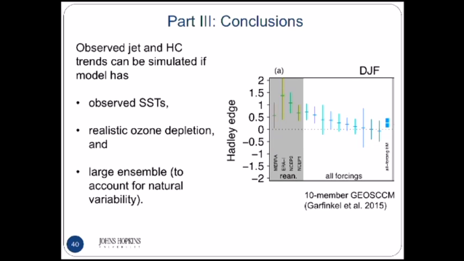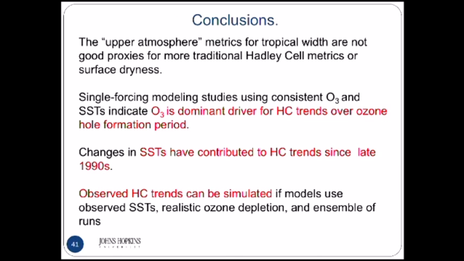So you can explain using a model the observed change in the Hadley Cell in the southern hemisphere using the observed SSTs, realistic ozone depletion, and a large enough ensemble to account for natural variability. So if you do this, there is no model-data inconsistency. Okay. So overall conclusions are that